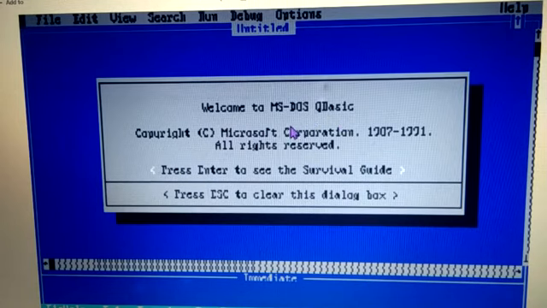Now why MS-DOS QBasic? So MS-DOS, we know what it is, right? Microsoft Disk Operating System. Now what is DOS, Disk Operating System? See children, nowadays we are using Windows, right? But MS-DOS was the operating system earlier than Windows. So QBasic was used at that time.